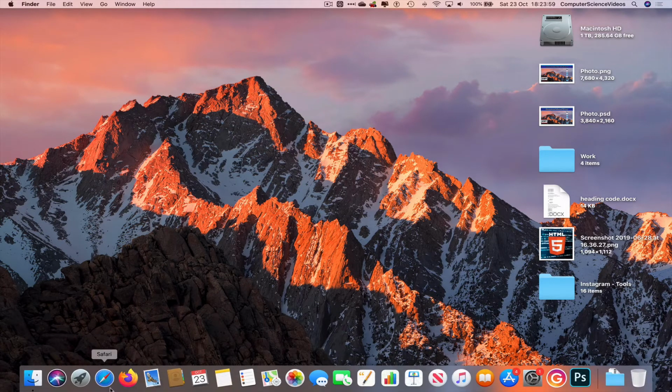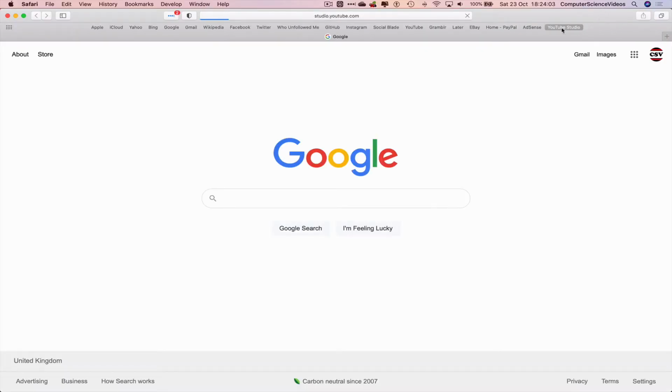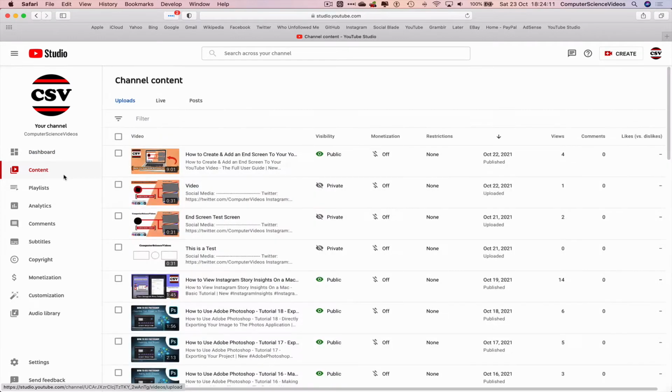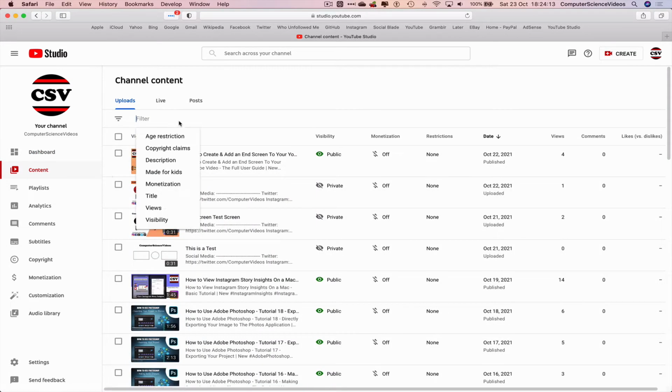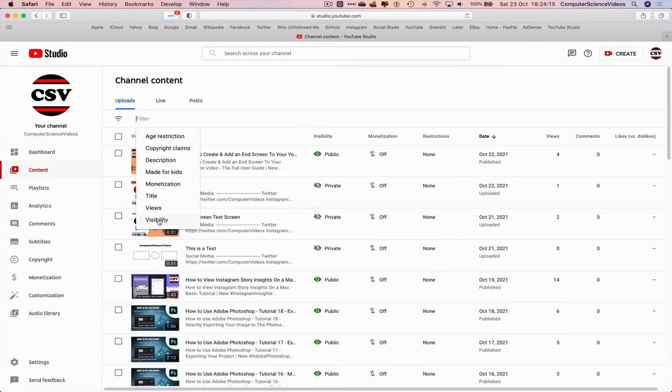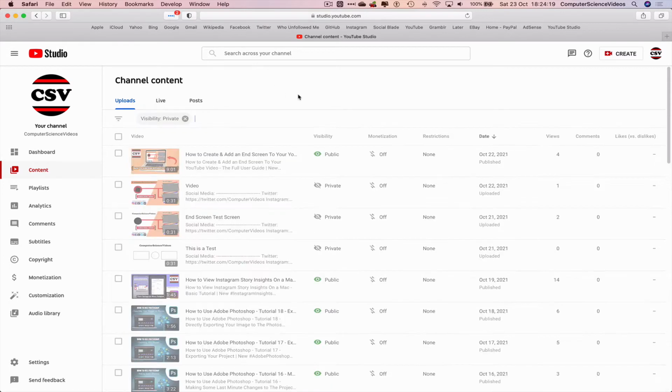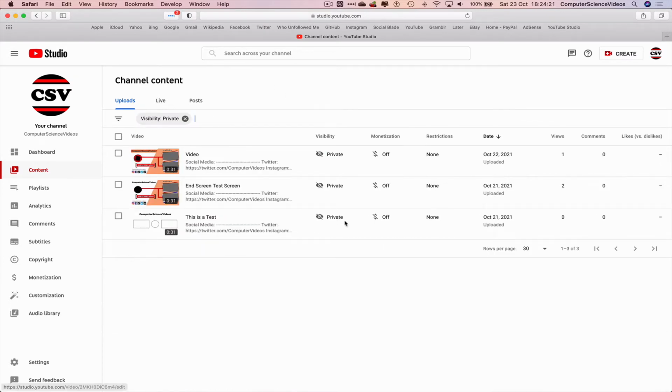Go all the way down to the dock, go to the web browser, which is Safari in this case. Now go to YouTube Studio, make sure you are signed into the account, and now navigate to the left hand side navigation menu, go to Content, filter to videos that may be on private, go to Visibility, go to Private, Apply, and we have 3 videos that were uploaded as a test just for the end screen to test the